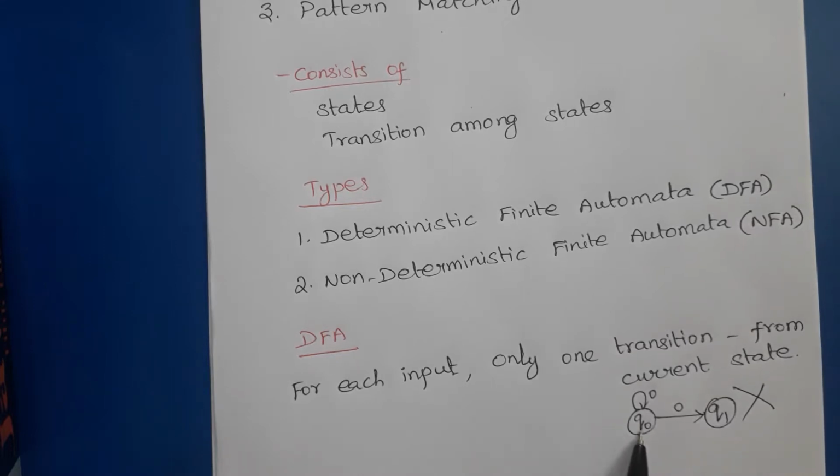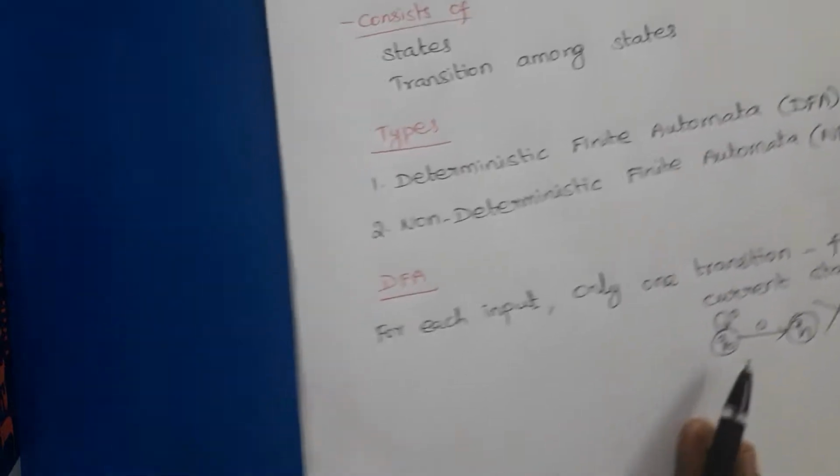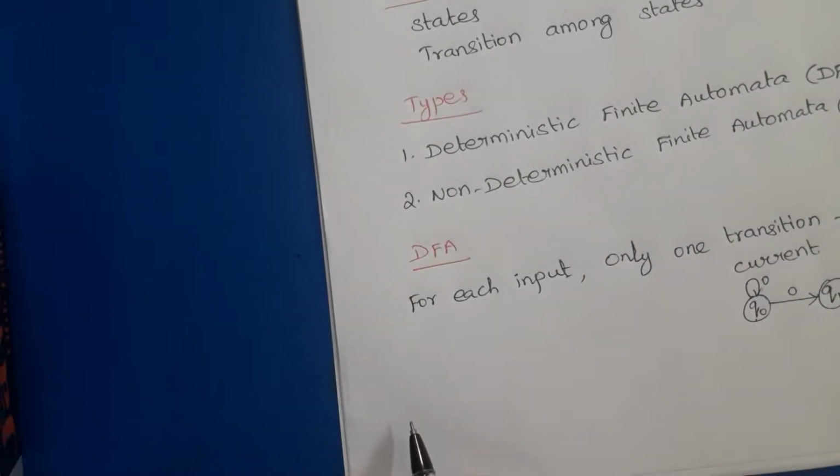For each input symbol, only one transition is possible from the current state. But this is possible in non-deterministic finite automata, because in deterministic finite automata the transition is determined. So we can formally represent a DFA